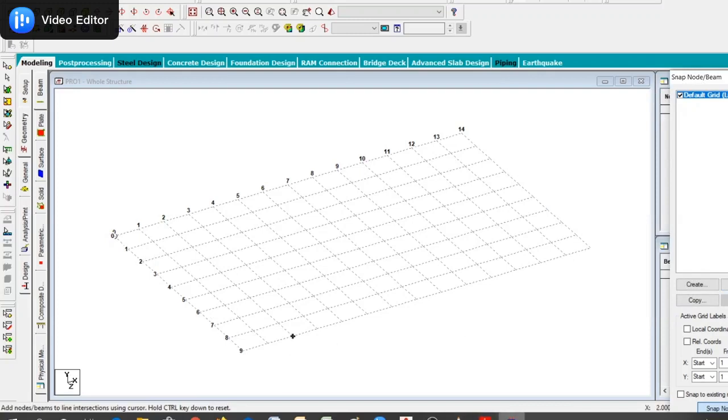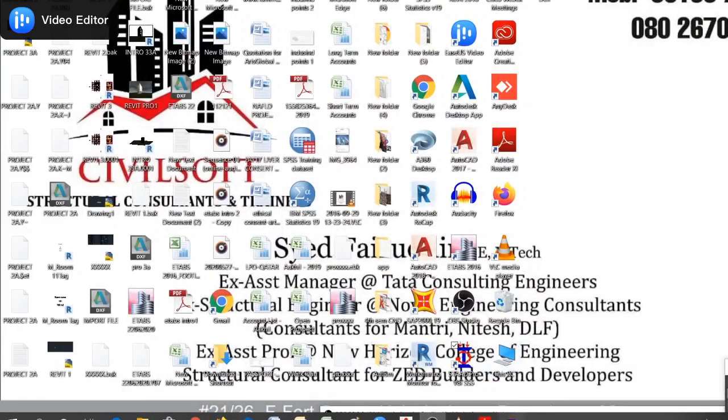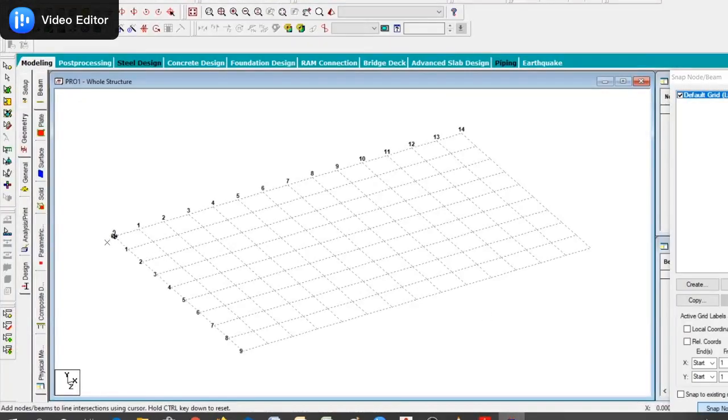Then the beam, the first beam we have is from 0 to 6 and then from 6 to 11. You don't have to break the beam at the point loads. Beam length will be from support to support, like 0 to 6 and 6 to 11. You don't have to break here like 6 to 9 and then 9 to 11. Directly you can take it as 6 to 11. Then I can click on 0, 0 to 6, 6 to 11.